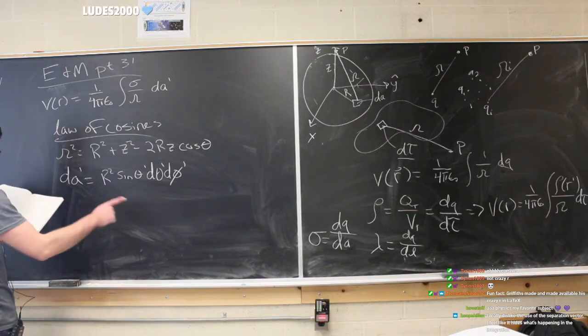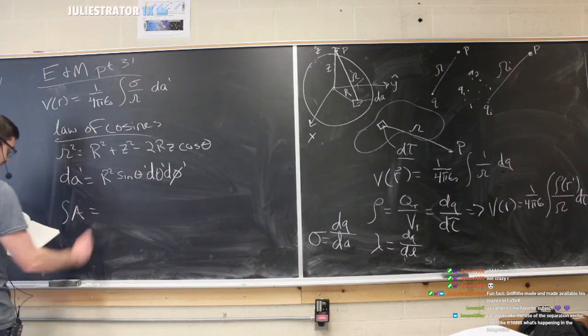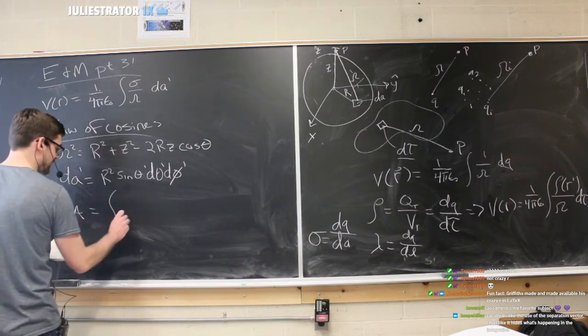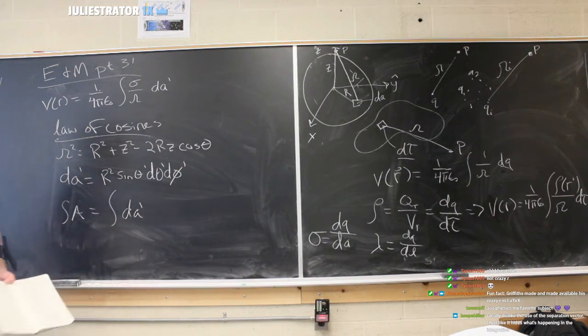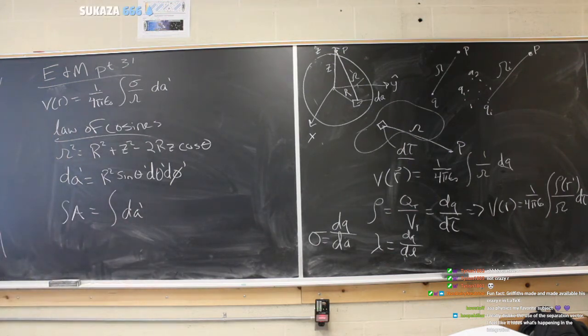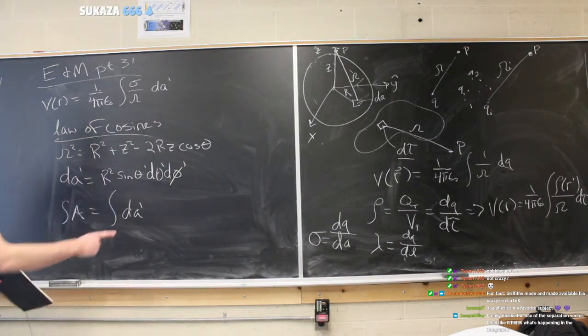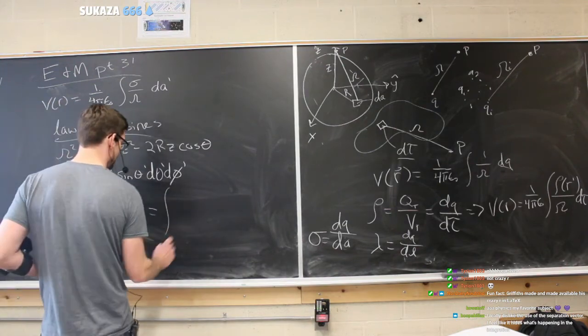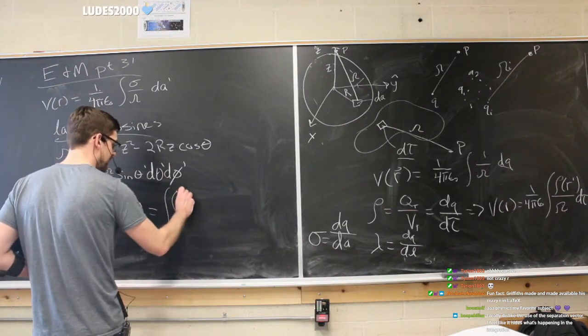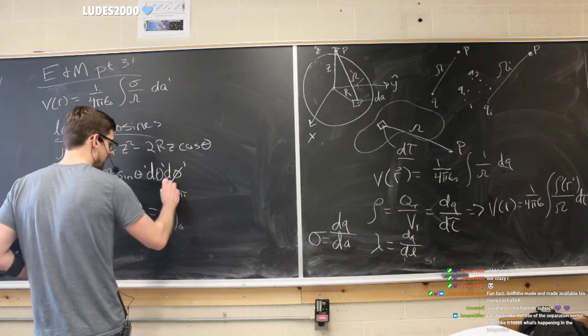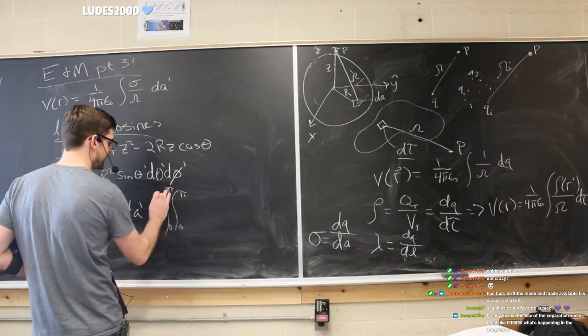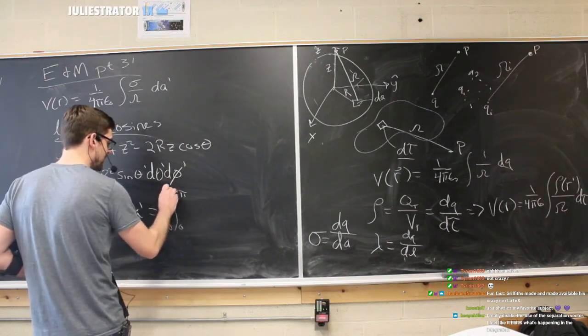Now, the cool thing about this is, let's talk about that. Actually, I have it in my notes. What's the surface area? Well, we can take the integral of dA, right? That's kind of a relevant thing. So let's just take the integral of it and see what happens. This is actually a double integral, with theta going from 0 to pi and phi going from 0 to 2 pi. That's basically how you make a two-dimensional sphere.